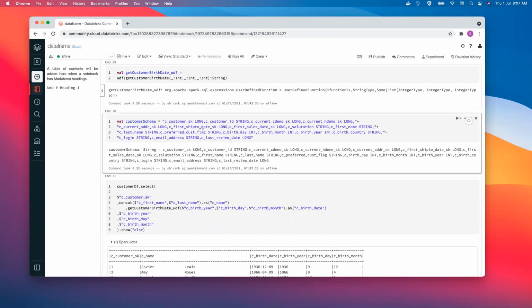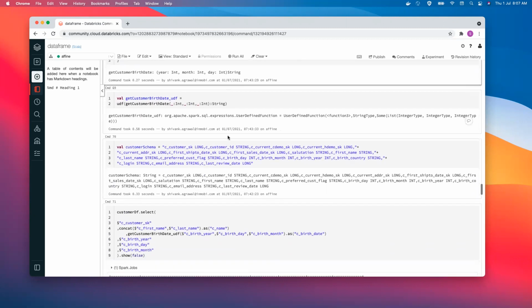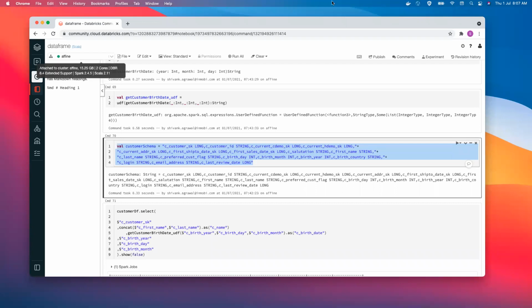All of you, can you go ahead and do this for the customer.dat data which we have created? You already have the schema. I can pass it on to you so that you can follow this very quickly. Create a struct type, using the struct field method, and quickly create a data frame with that. I'm just sending it to you on the chat